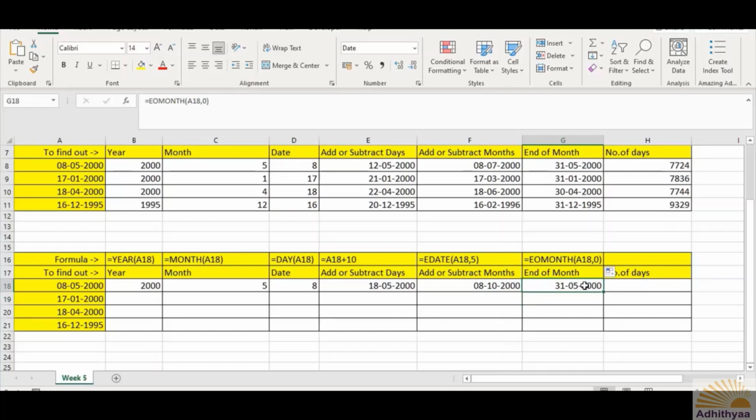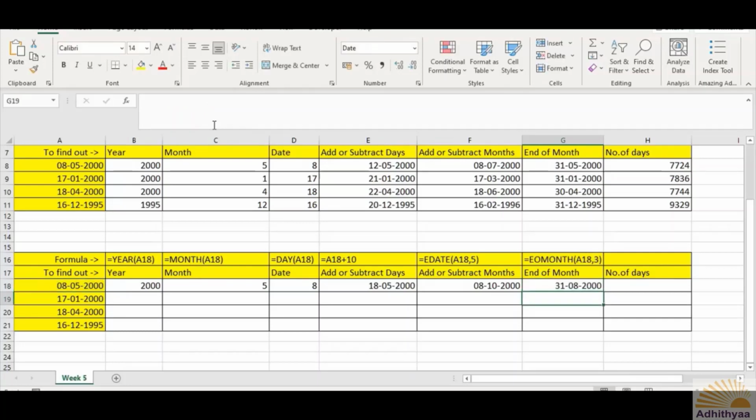Now if you want to see, after 3 months from the given date, what the last date of that particular month could be, simply go to the formula cell, select the 0 and then say 3. Let's see what happens now.